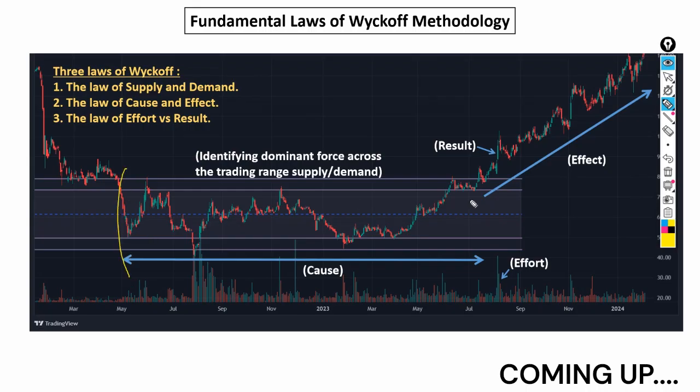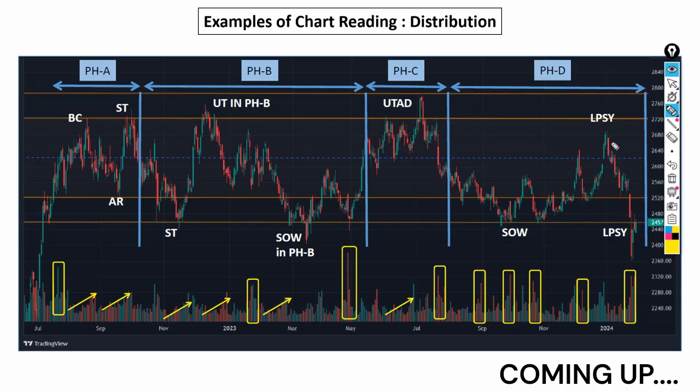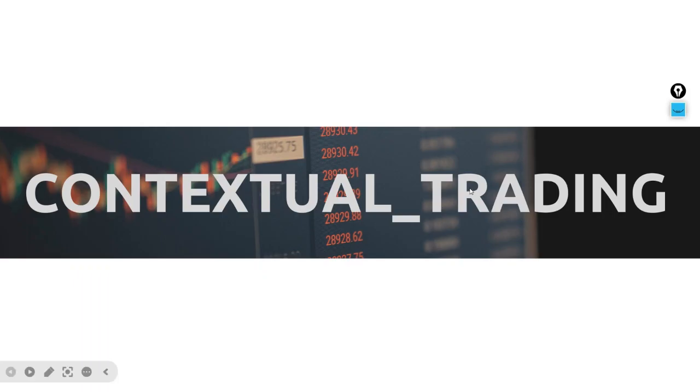This was the trading range that we saw in the previous chart as well, and we can call this whole trading range a cause, and that is nothing but the result that has been generated due to the effort that has been applied to generate this result. You see how there is sharpness in the fall that has increasing gap down, the increase of